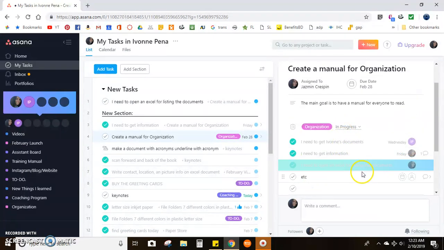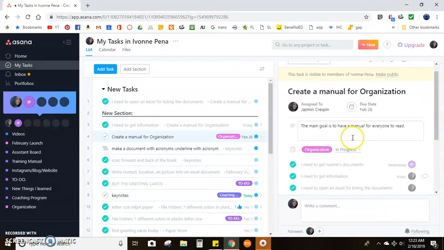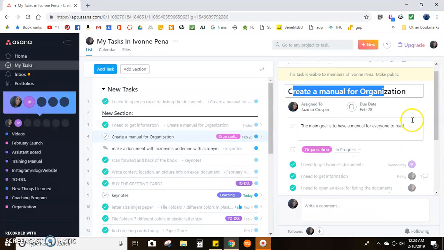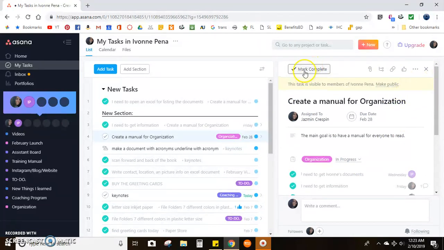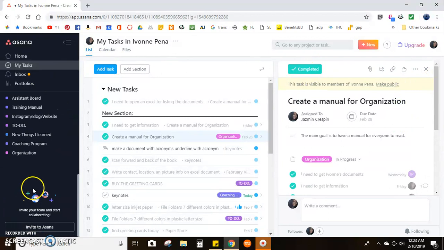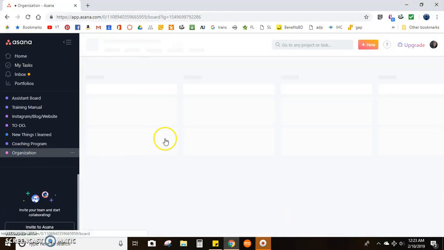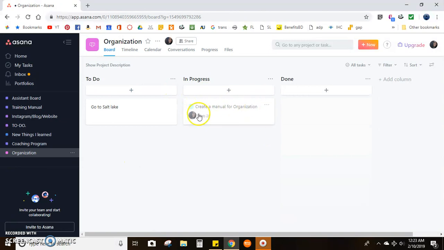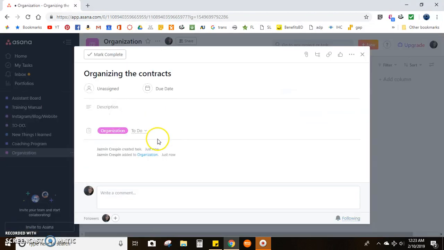Once that's done, everything is done, then that means that the manual is ready to go. And we would mark it complete. When we mark it complete and we go on the left to the project itself, you'll see that it's a little bit faded. We can just click done and move on to the next thing. Maybe the next thing is organizing the documents or organizing, I don't know, contracts. And then once we do that, we open it, we assign it to who's responsible to get it,